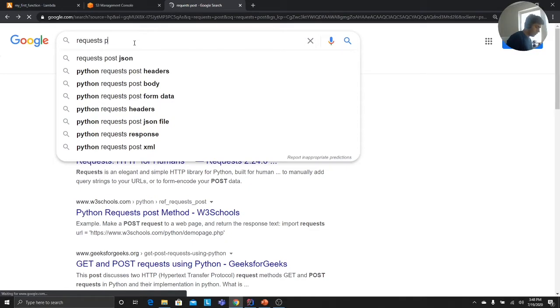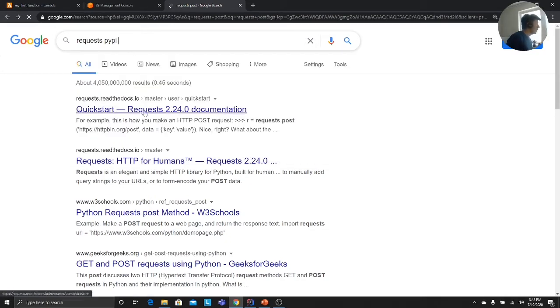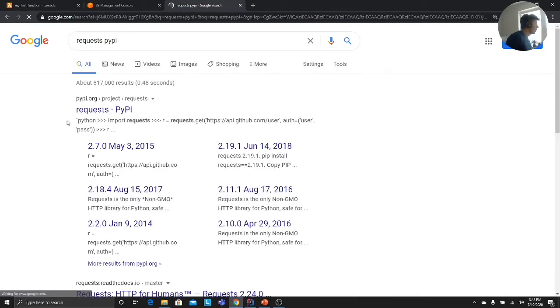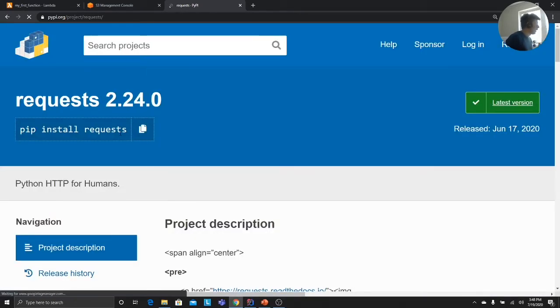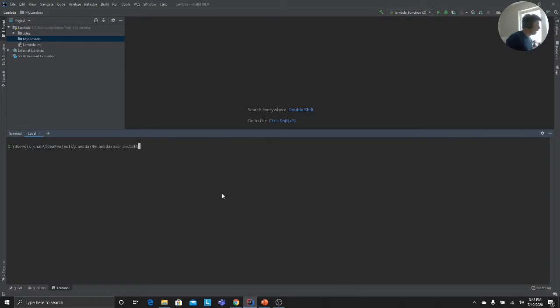Requests on PyPI. Let's say we are using this module and we want to use it on an AWS Lambda function, right? The requests module to make an HTTP request. It might take a while. Okay, so this is a module that I want to use. Ideally, what you would do is say pip install requests. This means that you want to install the requests module in the target current directory, which is the my Lambda folder, right?